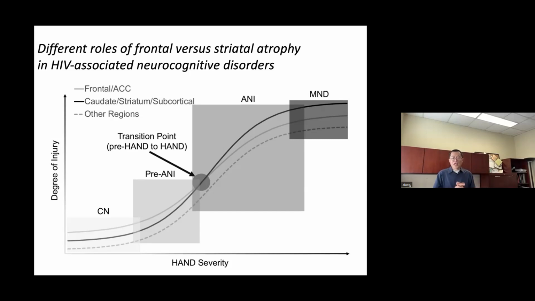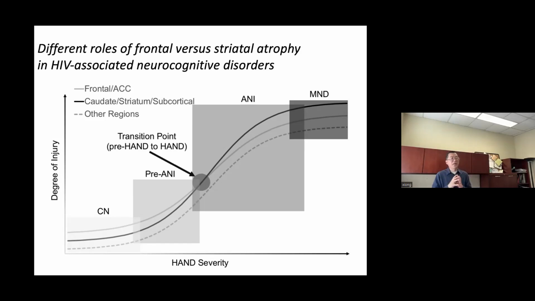It's very likely that some of the assumptions for this model are inaccurate and might need to be revised. Also, this model didn't include regions like the cerebellum, because we know the cerebellum is one of the probable sites of commonly observed injury in the patient population. But nevertheless, we think